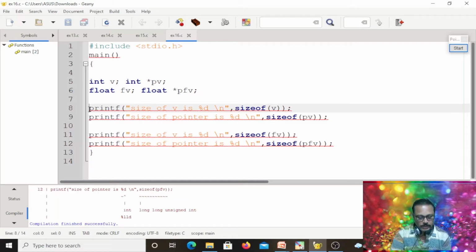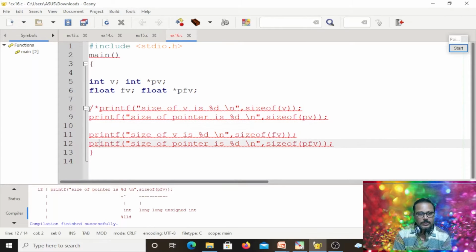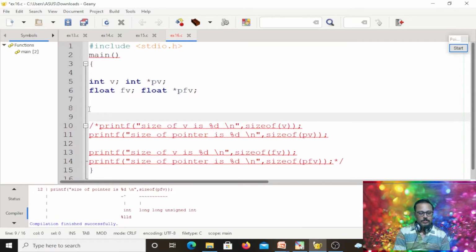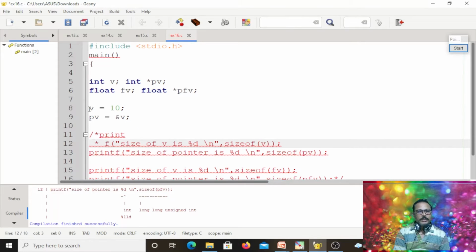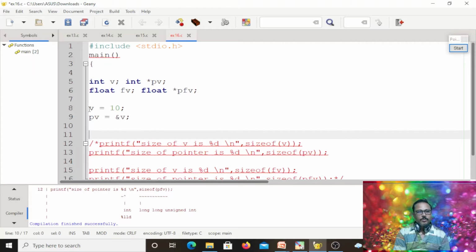Okay, let us consider something else. If you want, I can place it in comments. So we have v and integer star pv. So the first program that we generally consider is pv equal to address of v, v equal to some, say, 10. Now we discussed how do you print the value of v. Printf